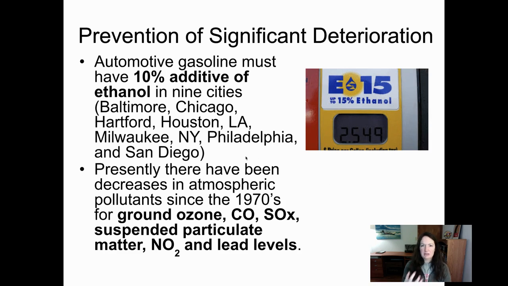Ethanol can be created from any type of biomass or plant, but we in the US use mostly corn. So we grow corn and then turn that into fuel that can be mixed with our gasoline and reduce the amount of emissions. Presently, we've had decreases in the atmosphere of ground ozone, carbon monoxide, sulfur dioxide, suspended particulate matter, nitrogen dioxide, and lead. So all of the materials that were listed on that former slide, except for volatile organic compounds. So that one we have seen some decrease, but the biggest ones, the major ones you see there,